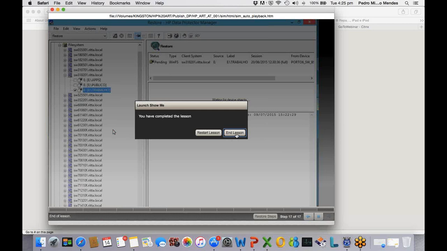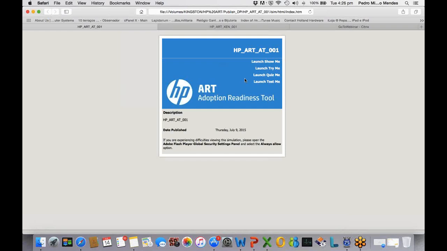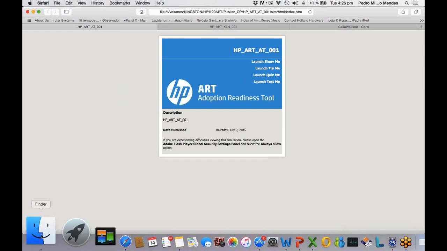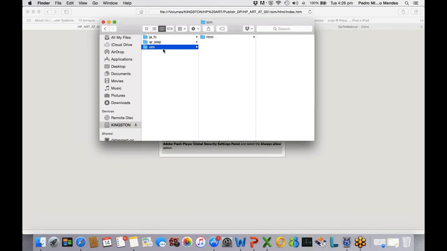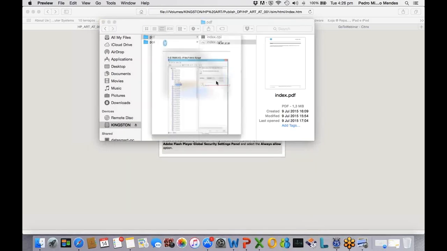Okay, so this is one of the outputs that we can present to help anyone understand how to do this. This is a very interactive way to present these steps to anyone. So it's not static. Okay, let's finish this lesson. Just for you to see the same thing in another format, I can go back to this tab, and for example, I will open it in PDF format.